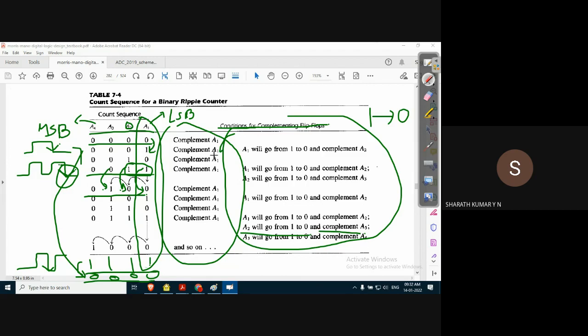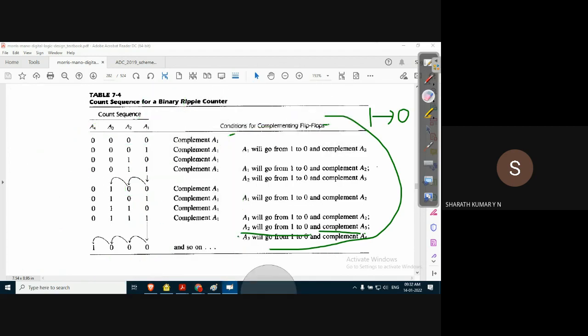Negative clock triggered is preferable because when it changes the state from 1 to 0, it should change the next state; only then can we implement a binary ripple counter. So this is the sequence for the binary ripple counter.